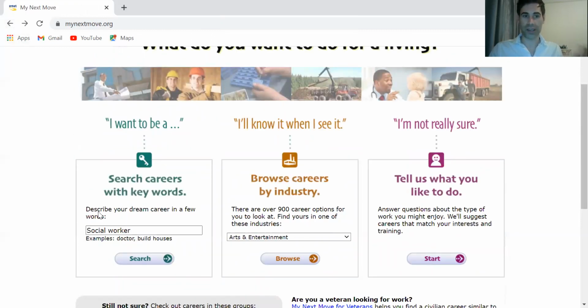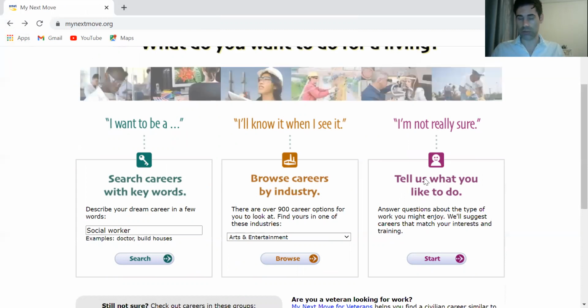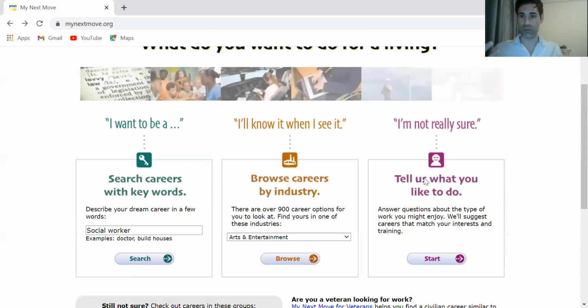So you can search by keyword, you can browse careers by different industries. Now, let's say that you really have no idea what you want to do for a living. You're open. You're not completely sure what to do. Then this next tool is going to be a great resource for you. It's basically a personality test. So if you click on Start,